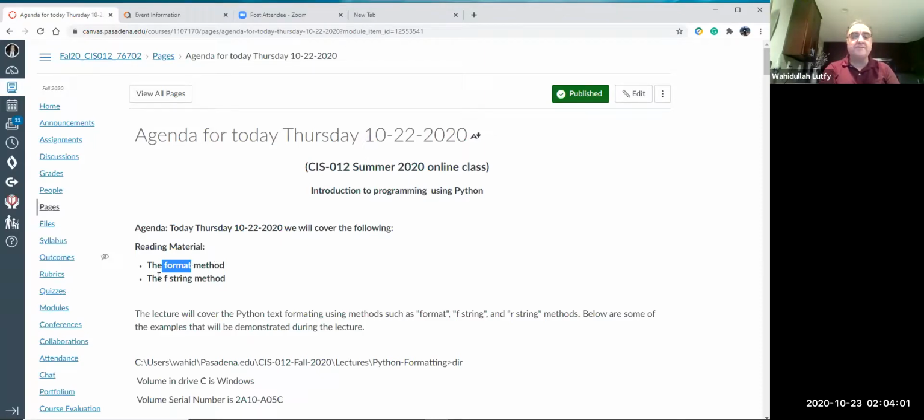But the f-string, which is for Python 3.5 and up, is a new function which is called the f-string function or f-string statement. This f-string is supported only if you're running Python 3.5 and up, which is similar to the format method, but it's a lot more enhanced, a lot easier to write the code and easier to modify it,